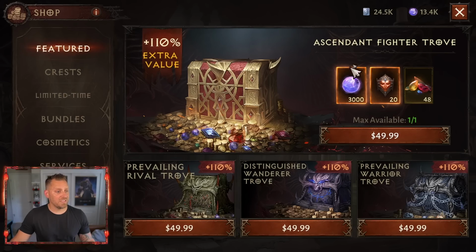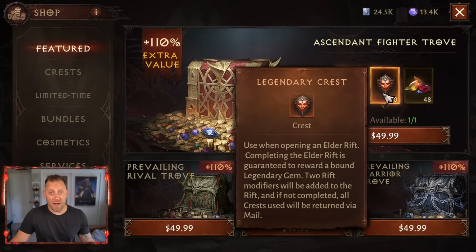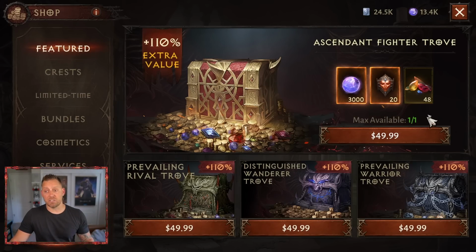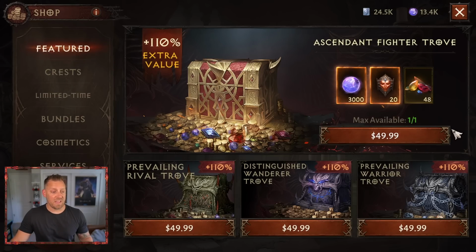Now, also notice we have all of these fighter troves, these treasure troves, these are things that you get for doing your Heliquary runs. You're going to be getting 3,000 orbs, 20 bound legendary crests, and a whole bunch of gems as well, which in my opinion, good value. These are 50 bucks a piece. I could probably buy 3 or 4 of these to complete my $200 spend here today,